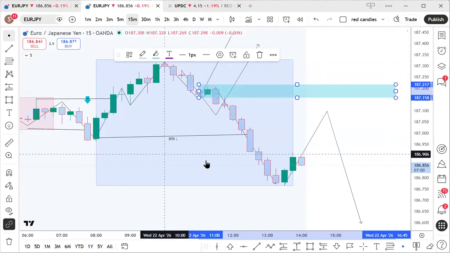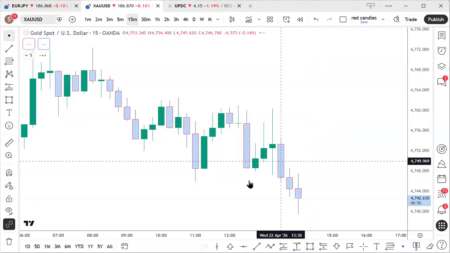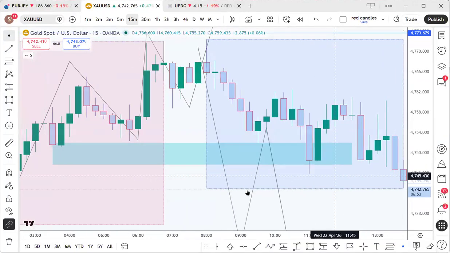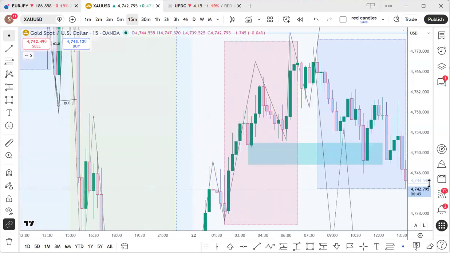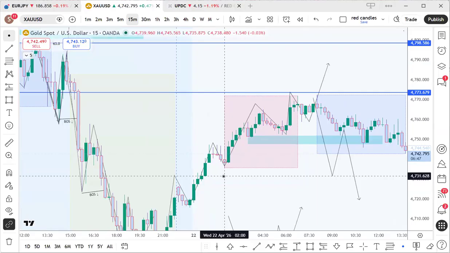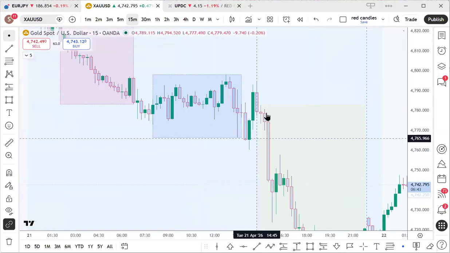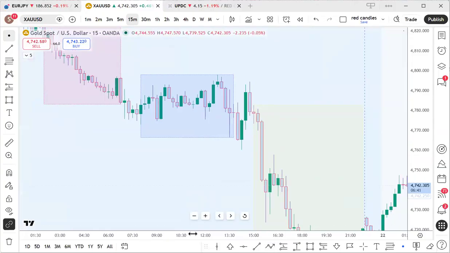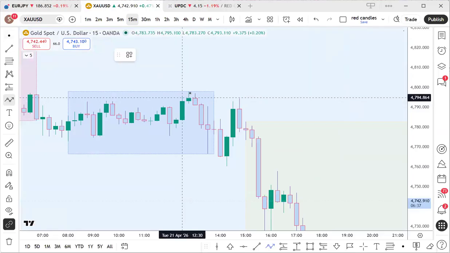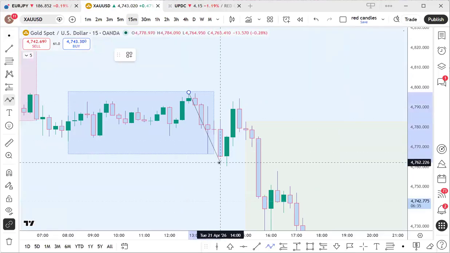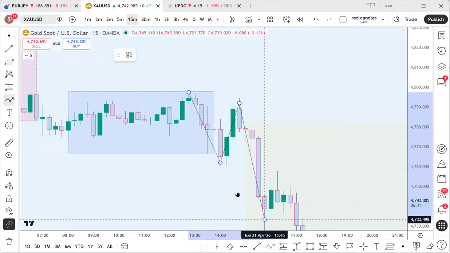Okay. So let me go to the first one, gold. Gold has actually just been going up and down, but we analyzed it earlier in the morning. We saw that yesterday, so I'll just use the one that gave us a nice setup. So you see, it came back, it came down, went up, broke structure, right?